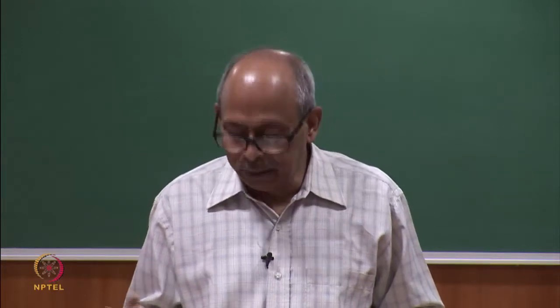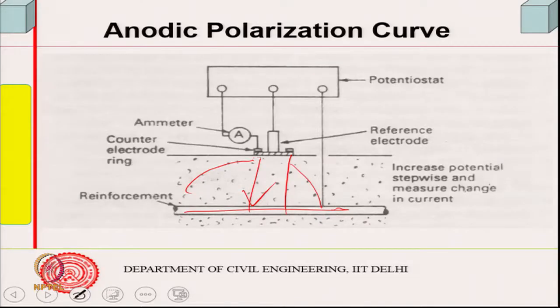So, these are the issues, but this has been taken care of by using what is called a guard ring, providing another ring, sort of an annular electrode, through which the same current is passed, such that the potential difference along this direction is minimal. So, you try to keep it a one-dimensional flow. There are some assumptions.